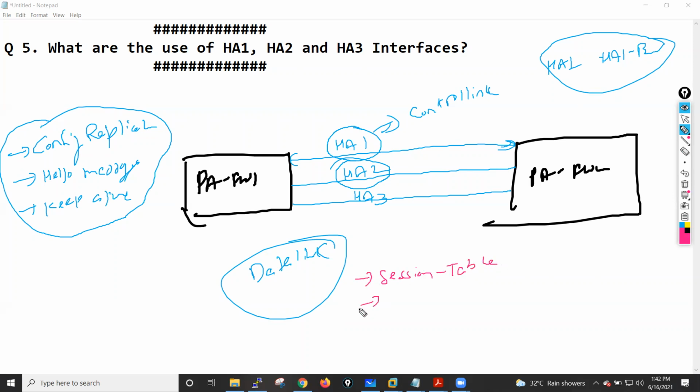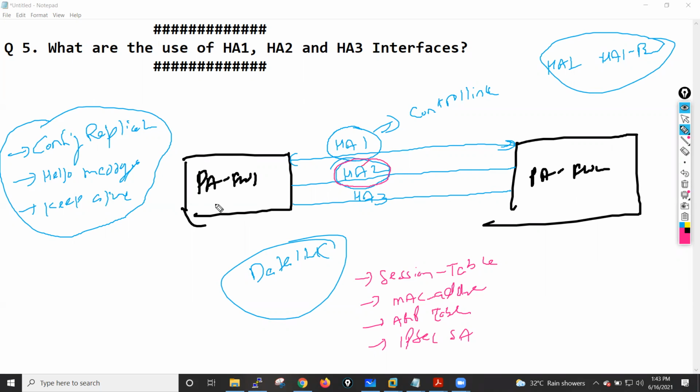They exchange the MAC address table details, the ARP table details, and the IPsec SA details, if we have configured an IPsec site-to-site VPN. Due to this HA2 interface only, we are able to configure the stateful firewall.